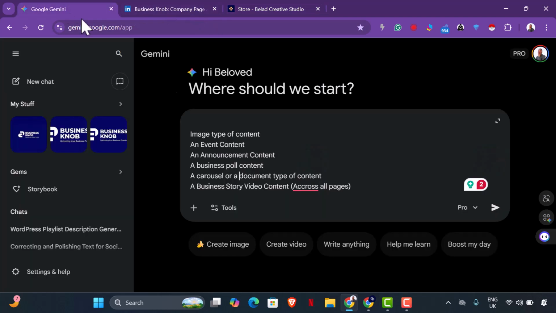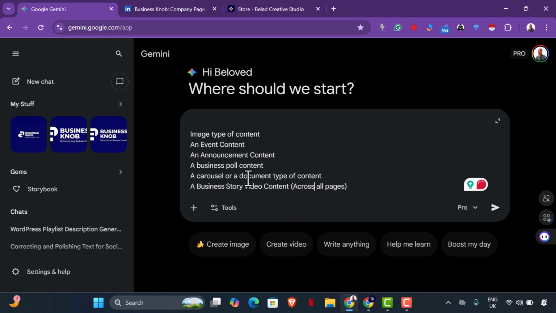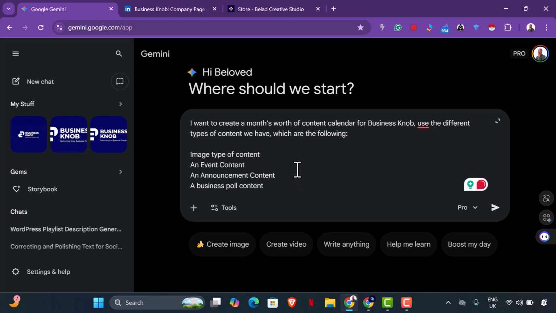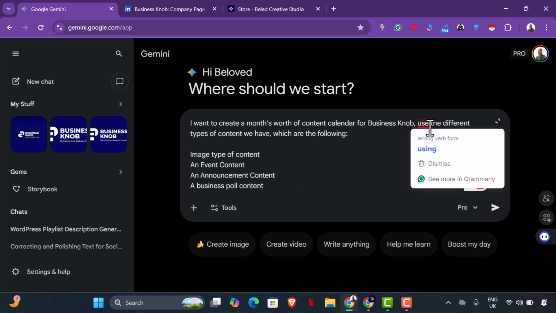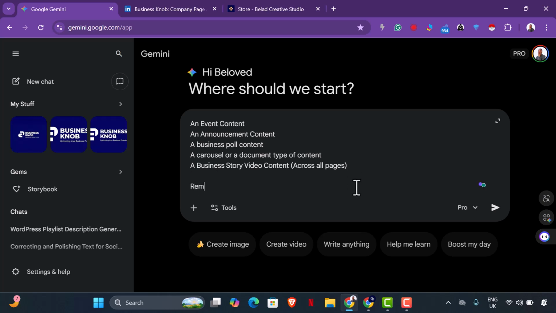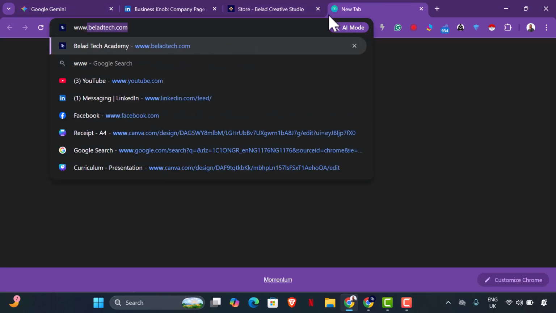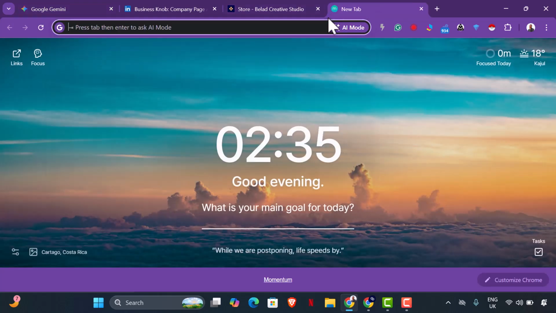So let's proceed with what we're doing. Now I've done this and across all pages. So let's have this sent and see what the content would look like. Okay. I'm going to say, remember to always reference, then we can put the actual website right here, which is Business Knob.